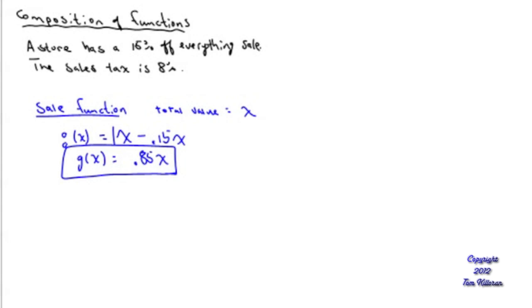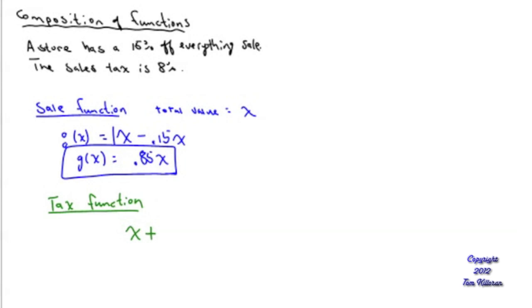Now we need a tax function. So how do I find tax on x dollars? We're not going to go to the 0.85x. We're going to go right to the original price, which is x dollars. So how do you find tax on x dollars? Why do people say minus? What happens with taxes? They take your bill and make it bigger, not smaller. So it's x plus